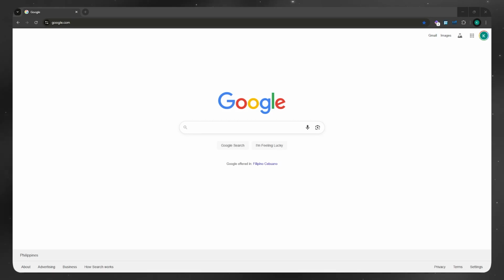In today's video, I'll show you how to disable the ad blocker in a Chrome browser. So let's get started. I'm going to show you how you can disable the built-in ad blocker here